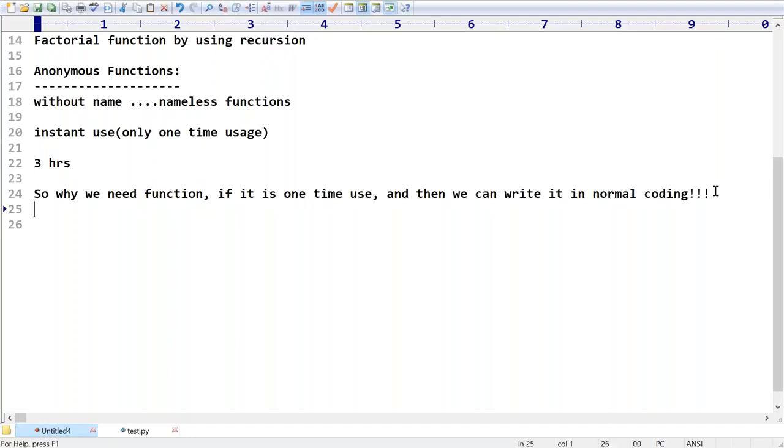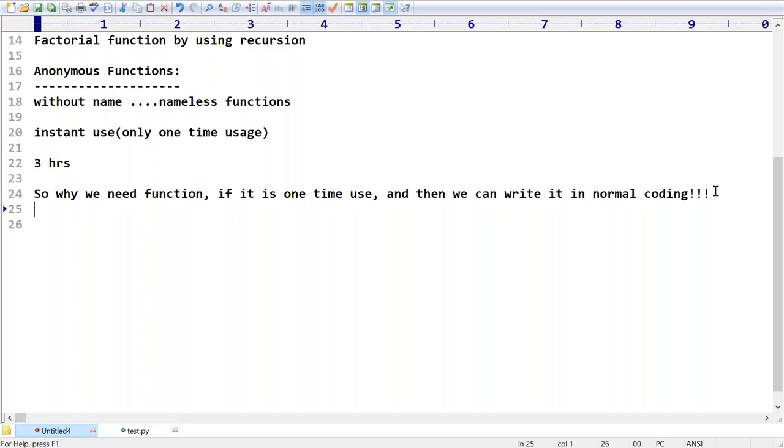After seeing one or two examples, you can understand clearly, right? Now observe very carefully how you can write. Up to this, only two points I covered. What is an anonymous function? A function without a name is by default considered an anonymous function. What is the main purpose of an anonymous function? The main purpose is just for instant use. After seeing one or two examples, you can understand the meaning of instant use.